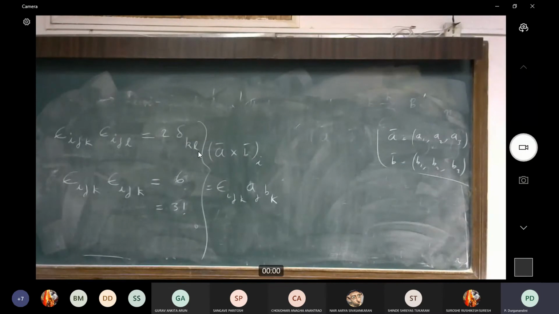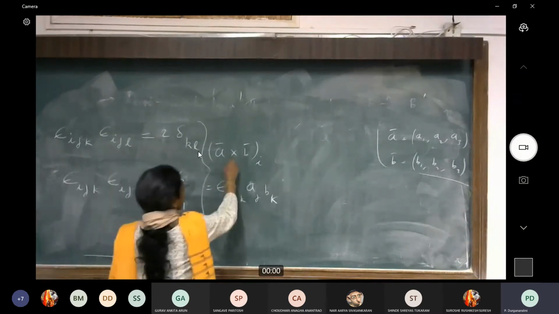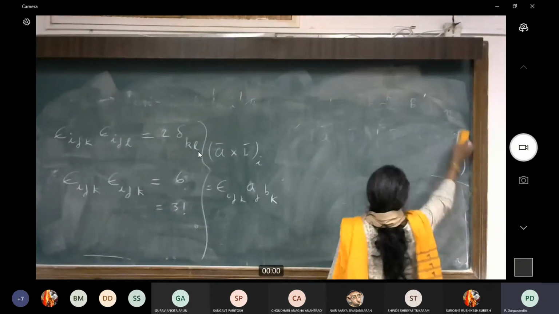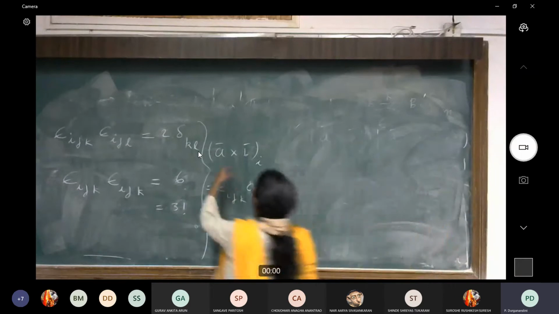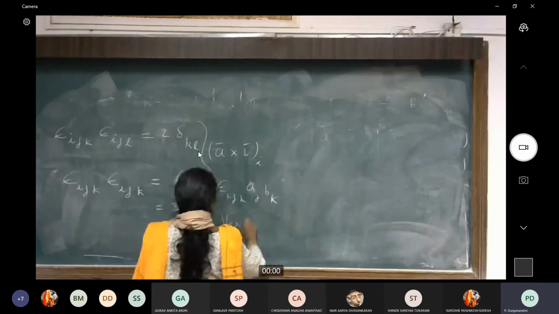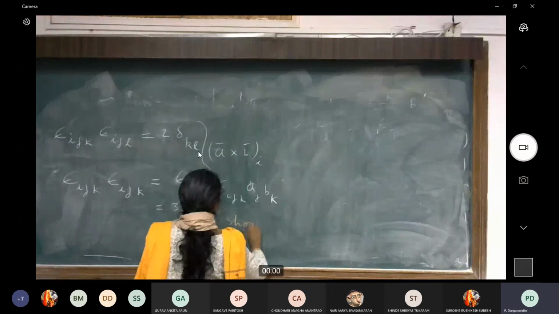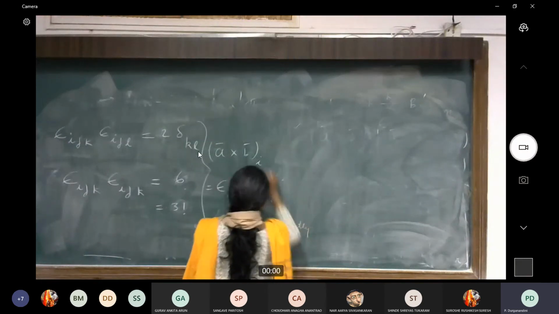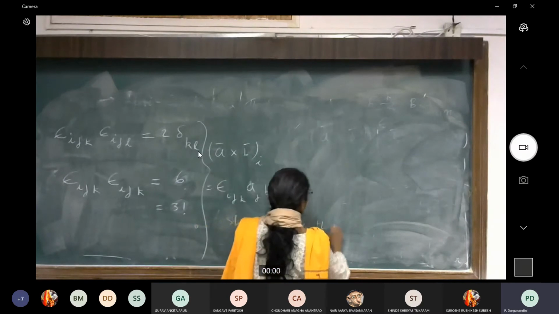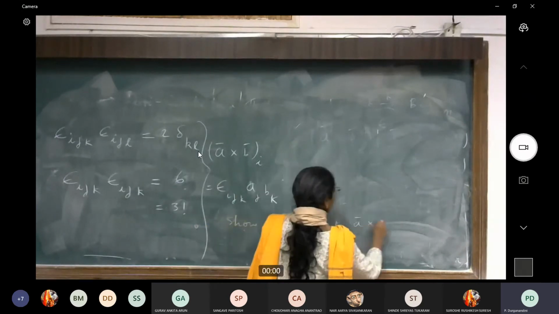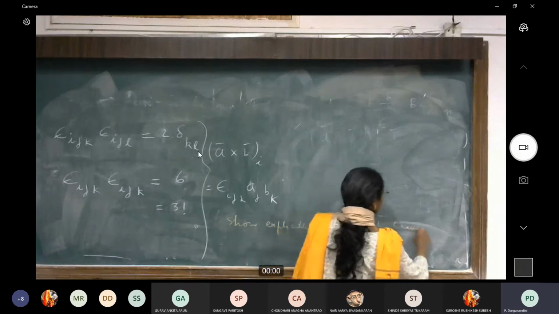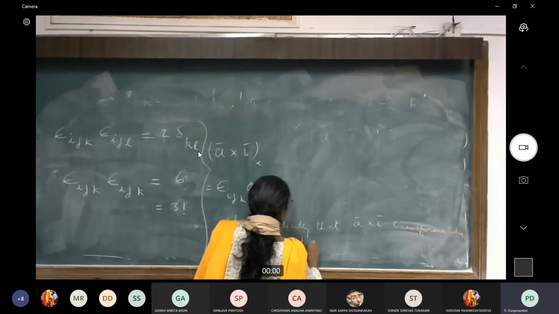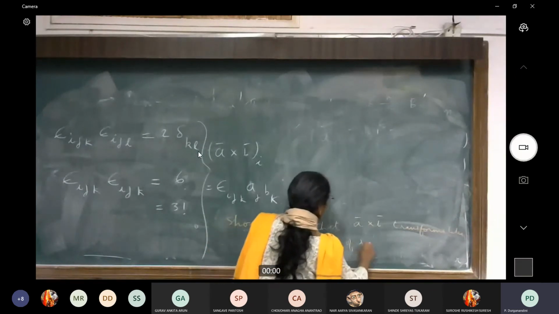Okay, now I'll ask you something. You said that this transforms like a vector A. Given two tensors, show this explicitly using this definition. Now use the definition of how a vector transforms, to verify that A cross B transforms like a vector, or a tensor, I'll write it now like a tensor of rank... sorry, rank 4.